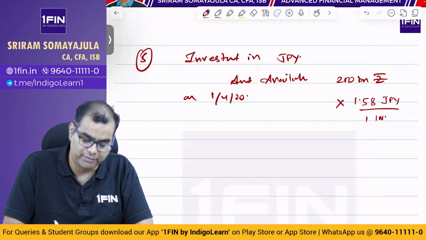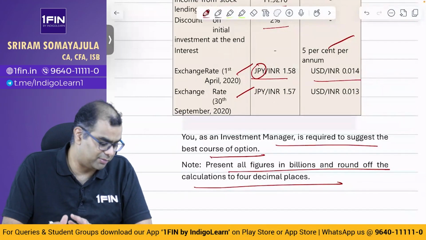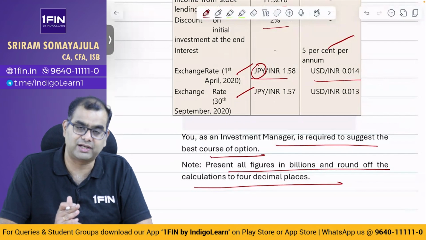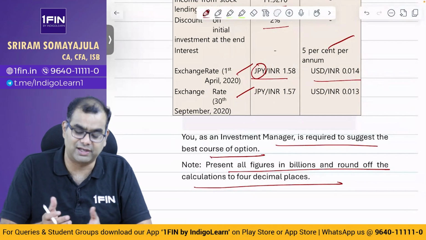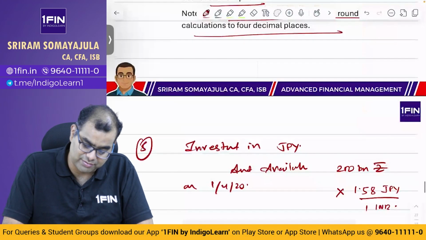This is the logic. The moment you see USD INR, it is USD per INR. This is what I hate with the institute. Each time they will come up with their own interpretation. Once they will say USD INR has USD as base currency. Here USD INR is the base currency. They themselves don't have clarity, and they expect students to have full clarity on everything. Okay. Anyway, 4 decimal places.